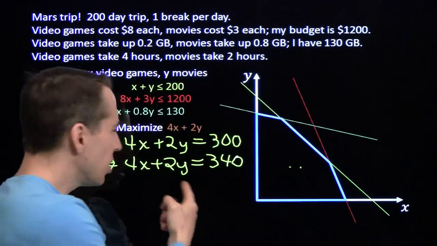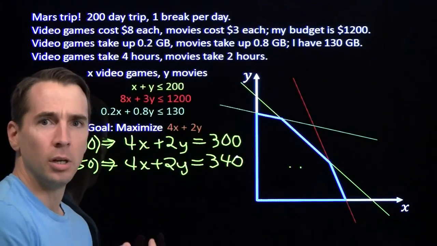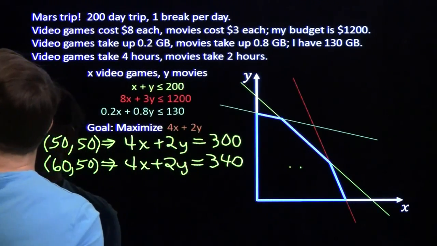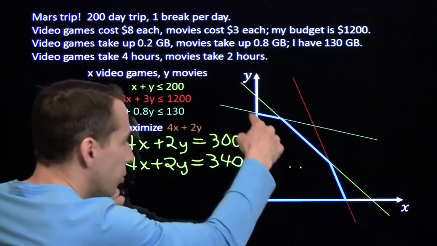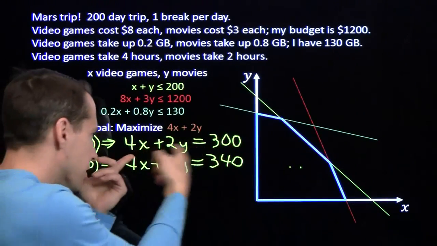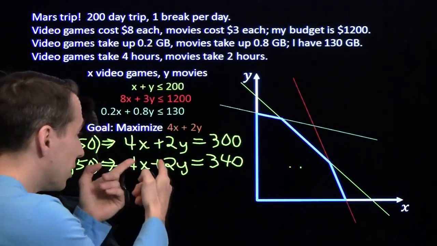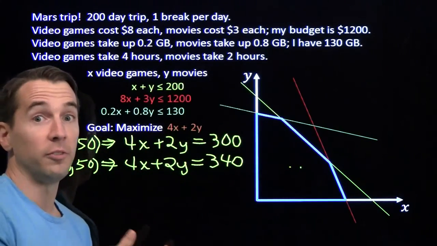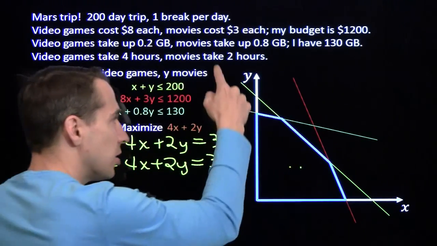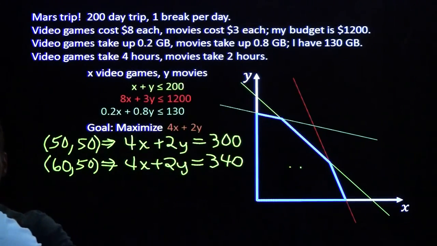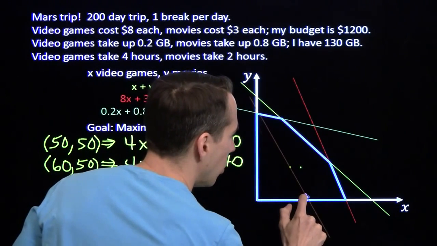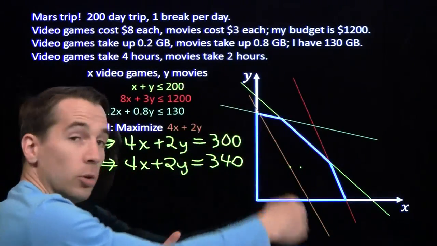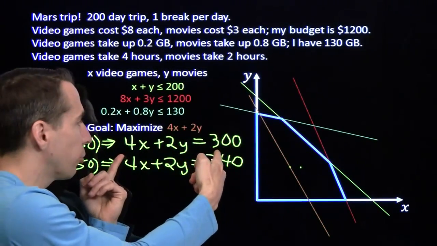Hey, wait a second. Check this out. This 4x plus 2y equals 300, we can graph that. That's just the equation of a line. Like this line, we know it goes through (50, 50) because we got the point right there. That's how we found this in the first place. This line also has slope -2. If I solve for y here, subtract 4x from both sides, and then divide by 2, I'll have y equals 150 minus 2x. Minus 2x, that tells me that the line has slope -2. And I happen to have a line with slope -2 right here. So there it is. This is the line through (50, 50) with slope -2. This is the graph of 4x plus 2y equals 300.